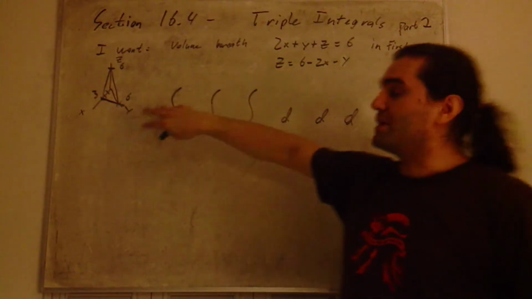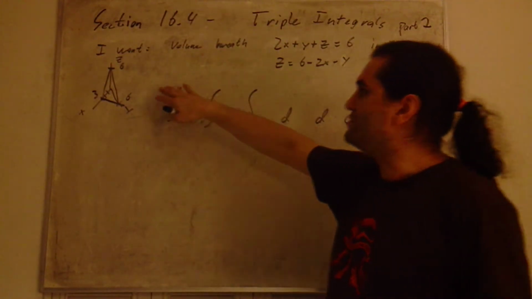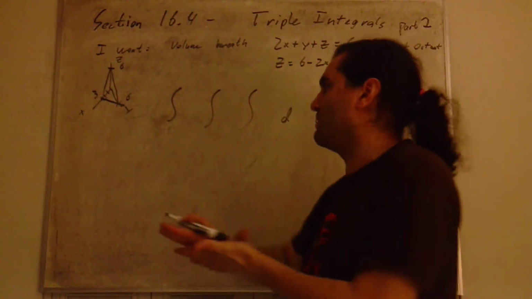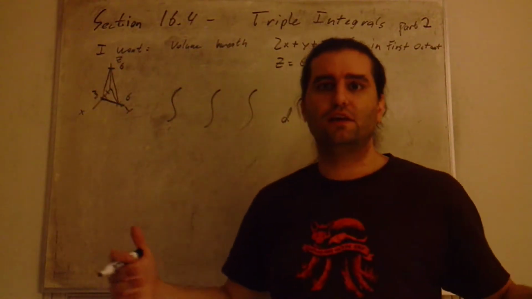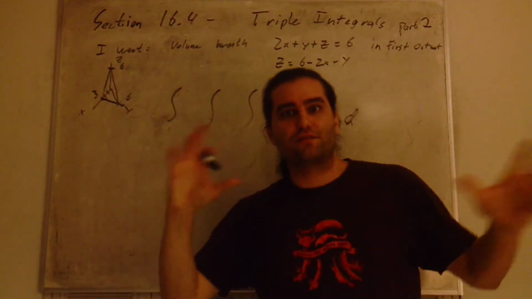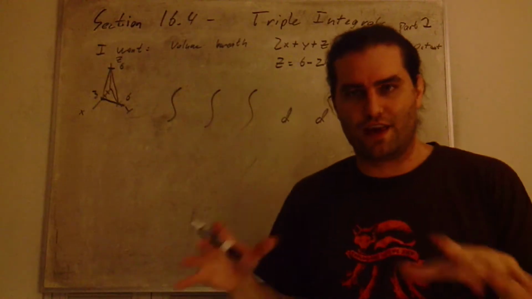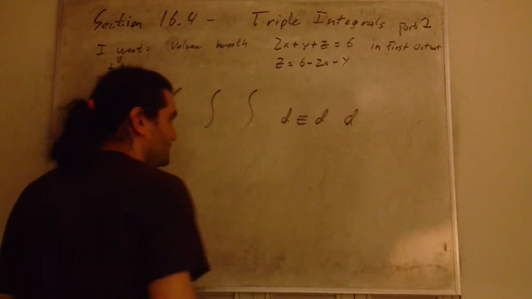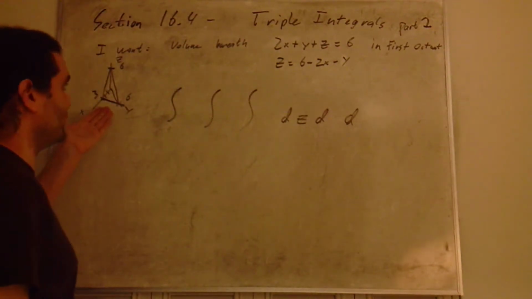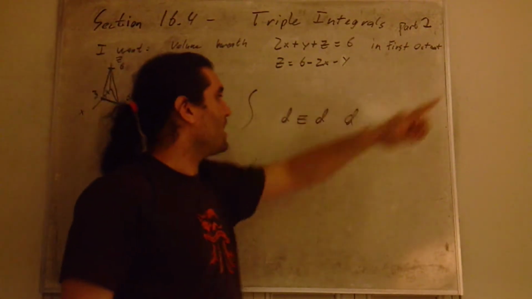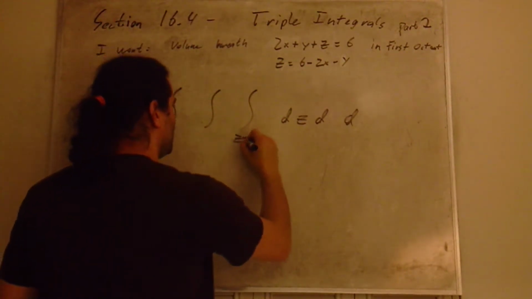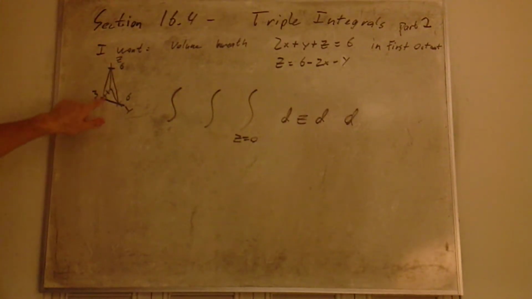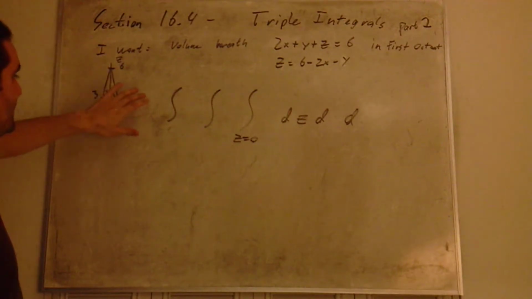So, because of that, I generally prefer to collapse the z dimension first, so that I'm just dealing with this on the xy plane. Like, I love playing around in 3 space, but I'm most comfortable on the xy plane, so that's typically my goal. So I'm going to do z first. And now I need bounds on z. If I'm in the first octant, my lower bound on z should be 0. Z can't go below 0 because that'll put me into a different octant. The upper bound on z